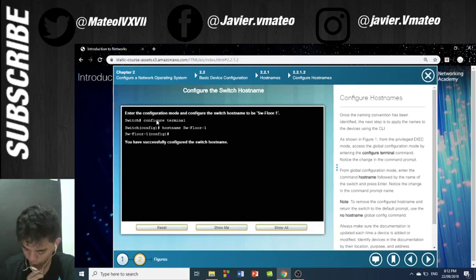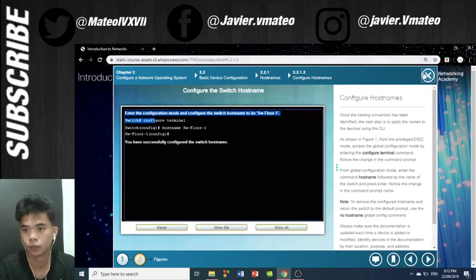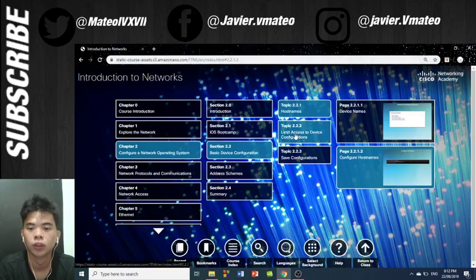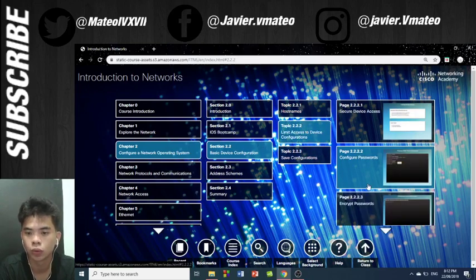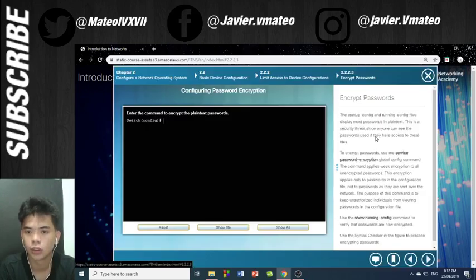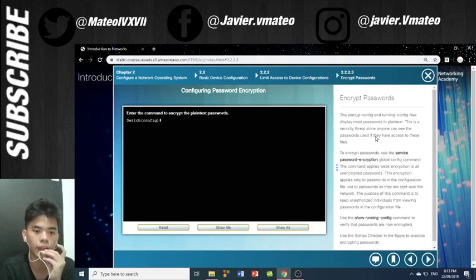The third activity is 2.2.2.3. In this, encrypt password. Enter the command to encrypt the plain text password. The command for encryption of password is